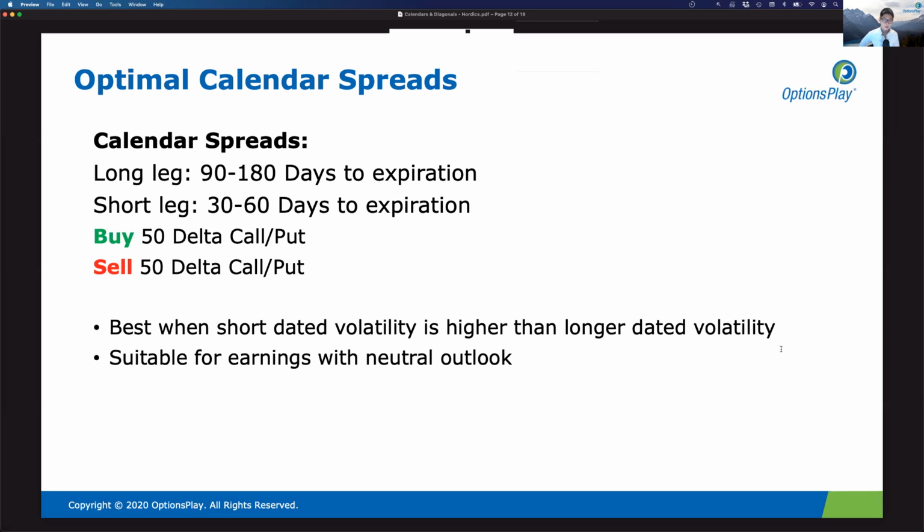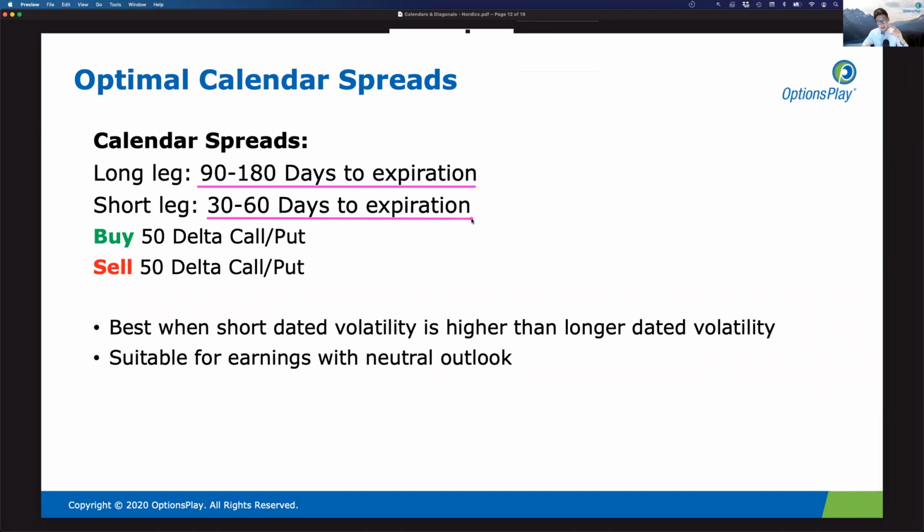So when we talk about these types of spreads, there's a large variation as to how you can construct them. But generally speaking, the long leg should usually be at least 90 days or greater in terms of expiration, because those longer-dated options, greater than 90 days, have very little time decay, which is what you're looking for when you're buying those options. And then when you're selling, you generally want to sell in the 30 to 60 day range. Roughly 45 days tends to be a bit of a sweet spot for these types of strategies,